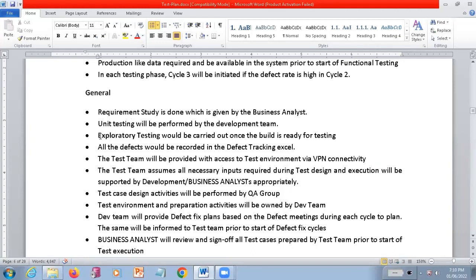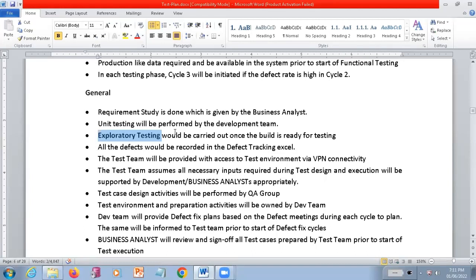Some exploratory testing should be carried out once the build is ready. So if the developer releases something, first you should not go and take the test cases and test the application. This exploratory testing should be carried out by one of the experienced persons.